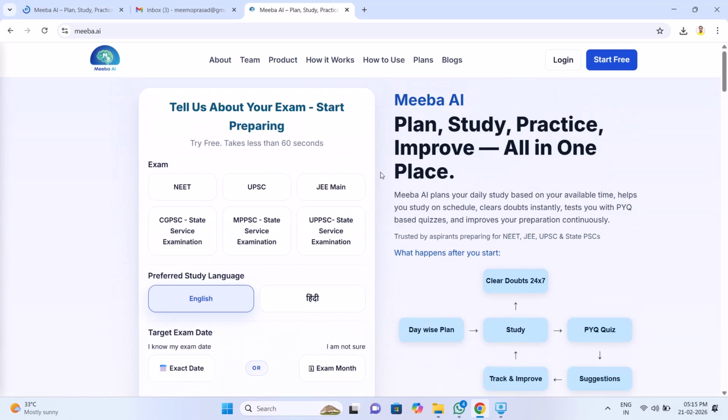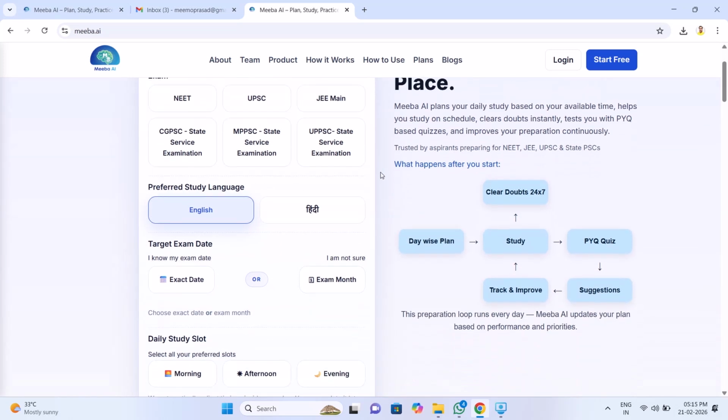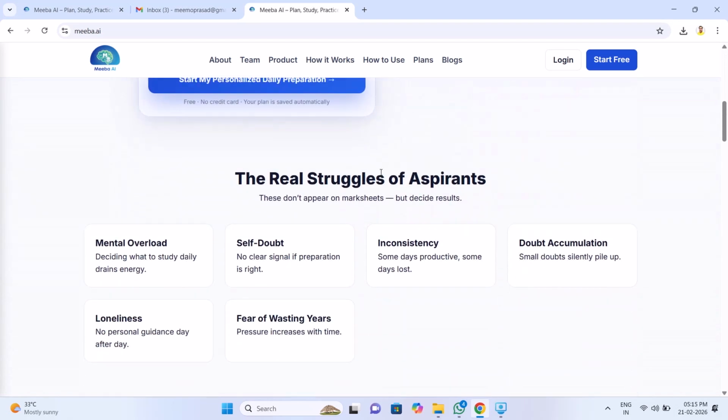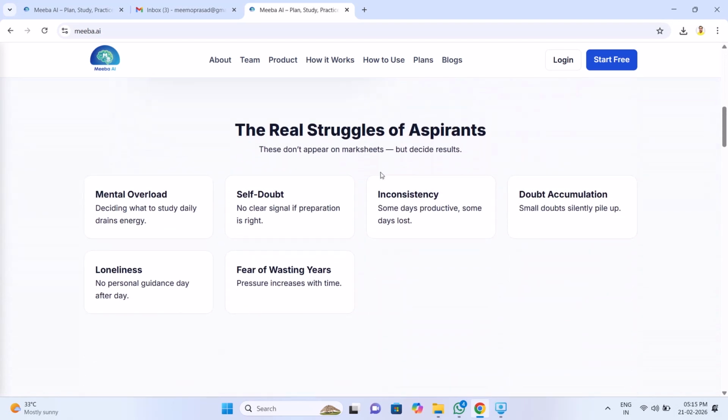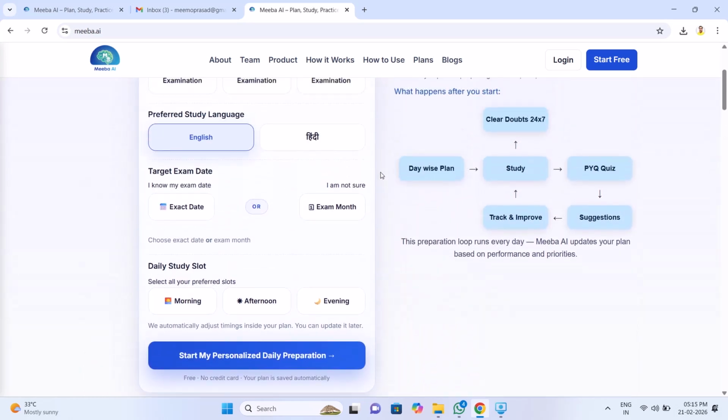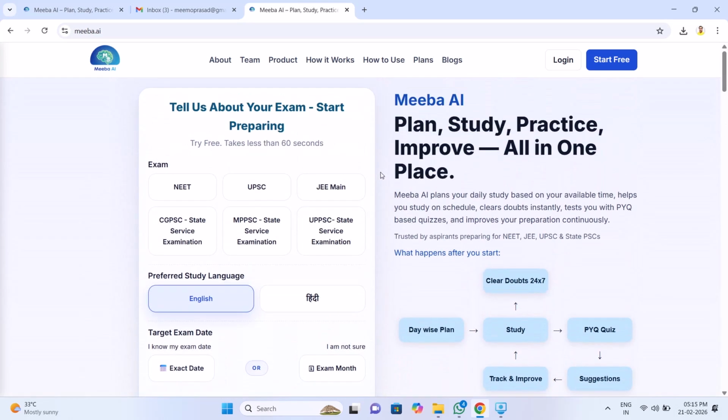The platform uses artificial intelligence to generate study plans, study topics, quizzes, and personalized suggestions based on each student's preparation level and weaknesses. Most aspirants struggle not because of lack of effort, but because daily preparation decisions are unclear: what topic to study, how deeply to study it, and whether it is the right priority at that time. Meeba AI solves this by using AI models to take over these decisions and convert preparation into a structured, data-driven